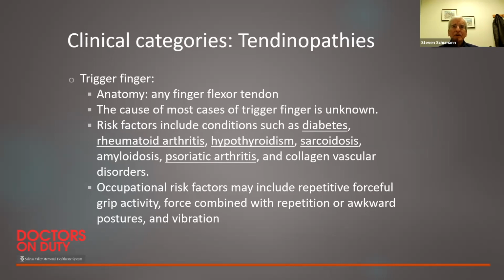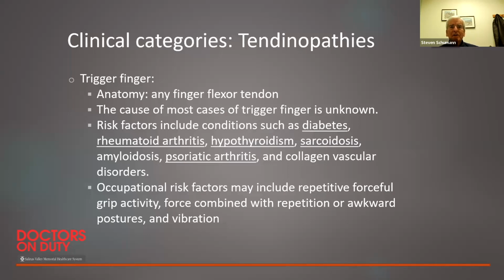The challenge with trigger finger is oftentimes it shows up when people are working and is considered to be job related, but truth be told, some number of these really don't have much to do with work, but the patient starts to feel the knot in the flexor tendon, which is tender, and then notices a trigger finger. There's a catching when they try and extend the finger, and it's recognized when they're using equipment. It may or may not be job related, but most of the time, it's going to end up being considered and managed as job related.